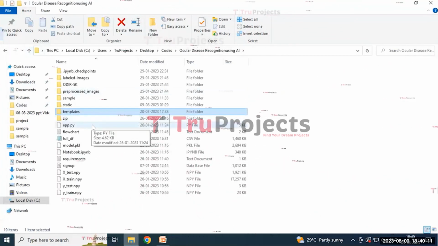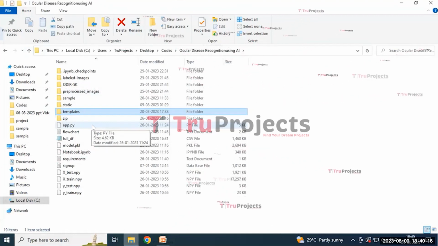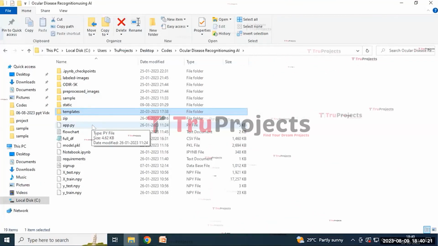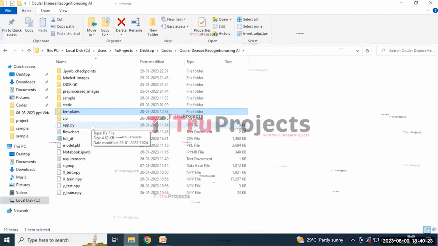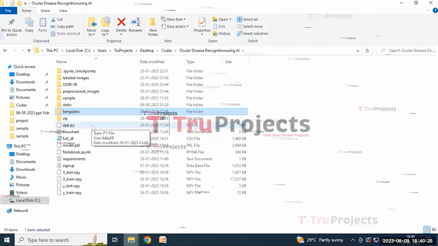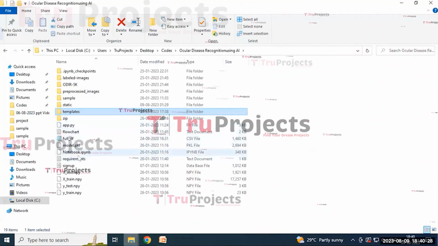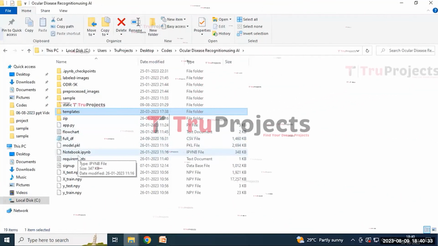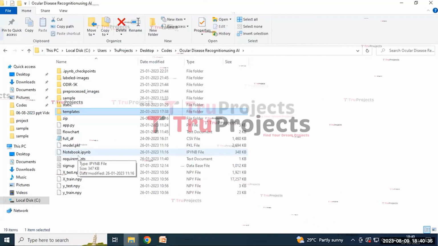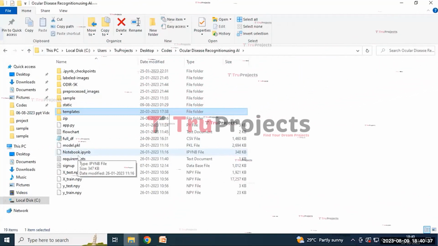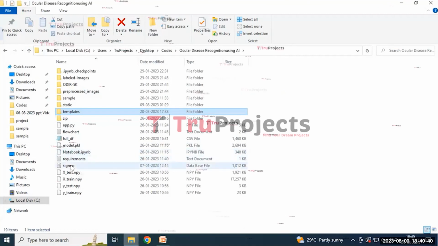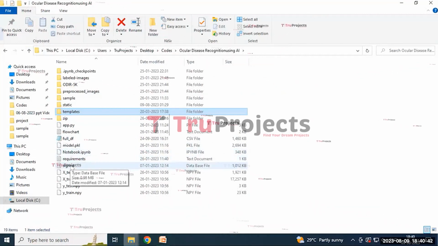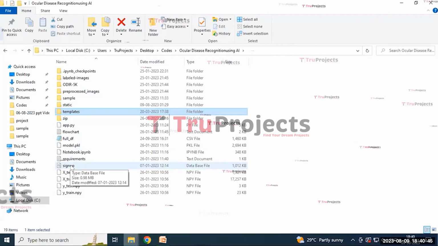And the app.py is a Python file which contains the information related to the back-end logic. It includes the code written in Python that handles server-side operations such as processing the user requests, interacting with the database, and generating the dynamic content to be rendered in the HTML templates. And the notebook is an IPYNB file which contains a combination of code, text, and output all in one place. It allows the user to write and execute the code in individual cells, making it a popular choice for data science. And the signup.db is a file, which appears to be the database file used to store the user information.